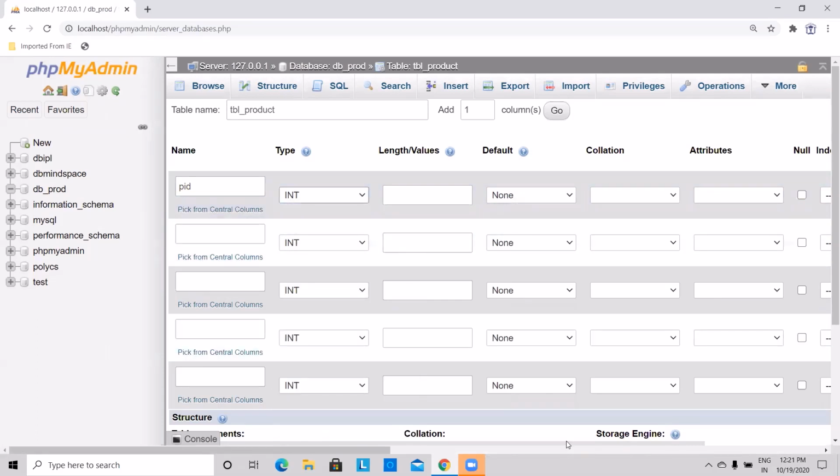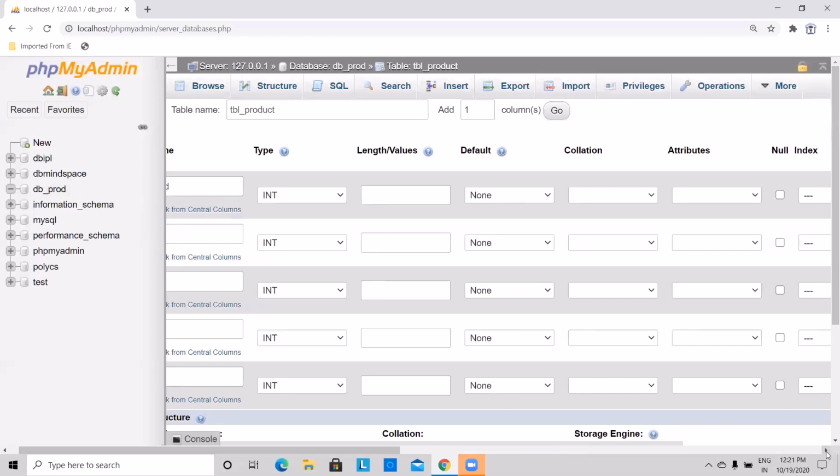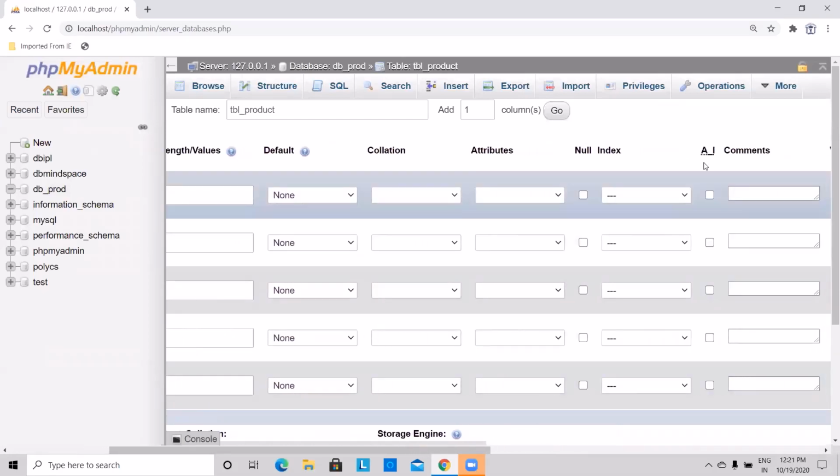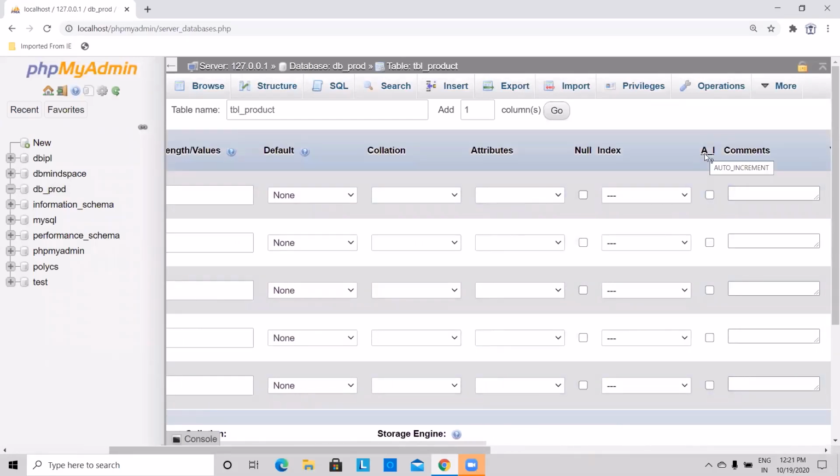Okay, and let's scroll to the left, and you can see here AI. AI stands for auto increment. I want to apply auto increment to my product ID. It means if I take 5 products, it will automatically take numbers like 1, 2, 3, 4, 5.